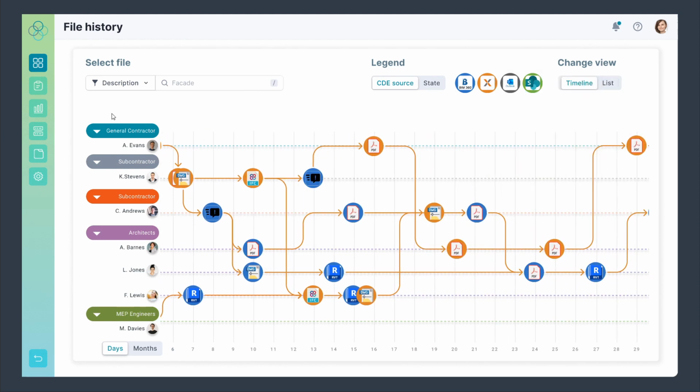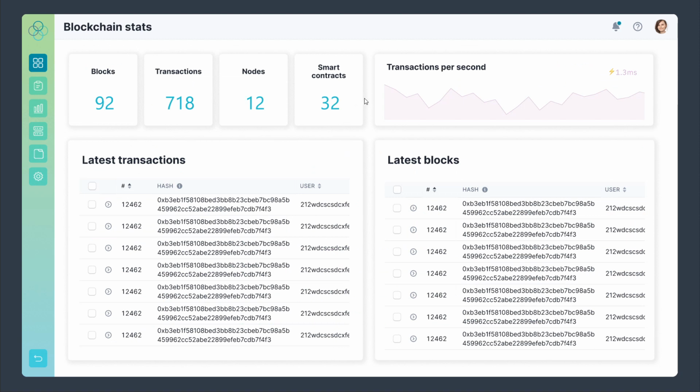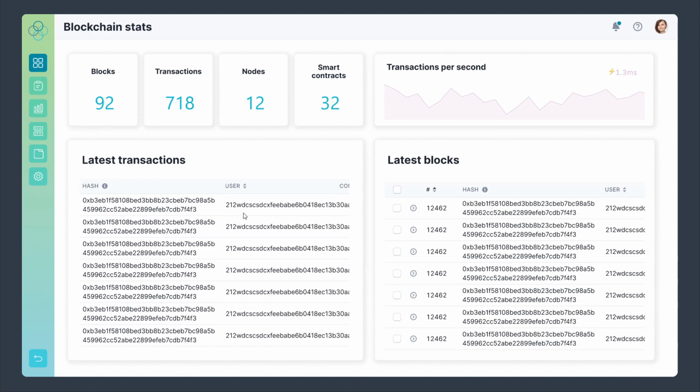The next tab is just basic information about blockchain, as each of the transactions has a special number, which is called a hash, which is unique for each of the transactions. Each of the users also has a public key, which is a hash number, and the transactions are grouped into blocks which have another number or another hash of the block.